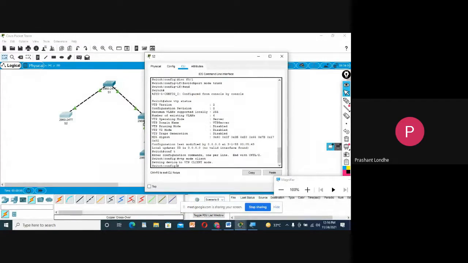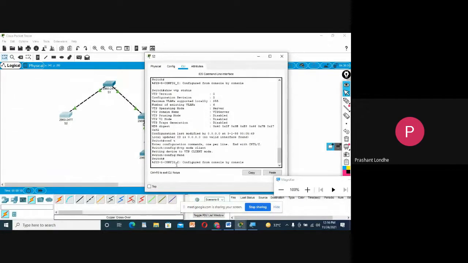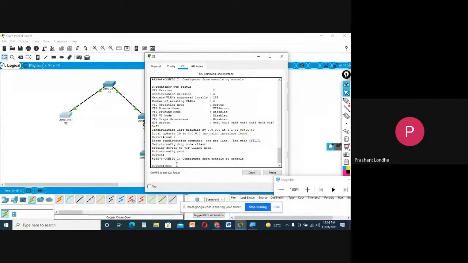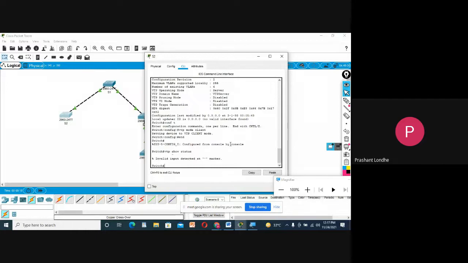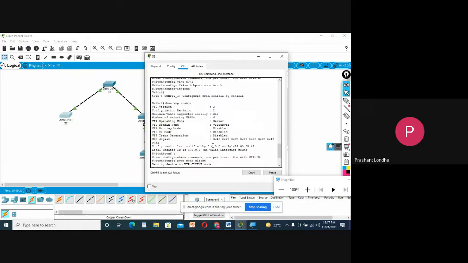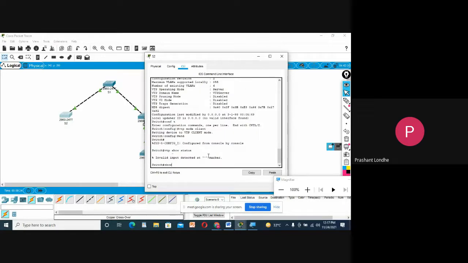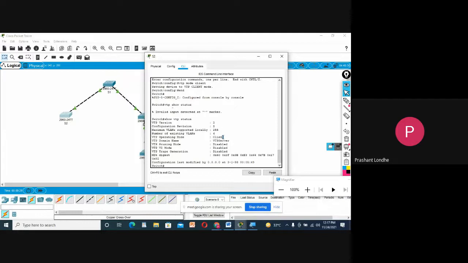So now the device is converted into client mode, and now again I will show you the status. Show VTP status. Now you can see, let me check. It is show VTP status. Now you can see the operating mode is client.